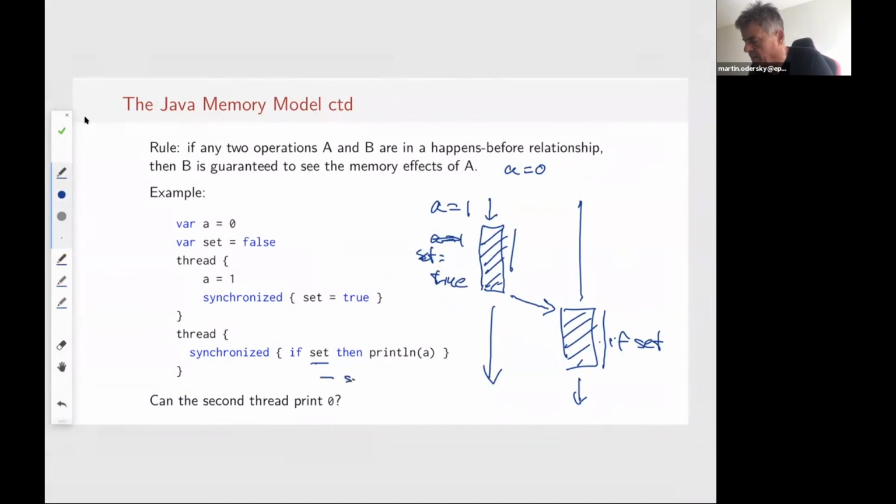Let's quickly go around and say, well, could the thread have seen set equals true without that first monitor going in the synchronized? And the answer is no, it can't see that because initially set is false, so that happens now before, and it can't see any other memory effect. So it must be false, unless we have the situation where the first thread goes into a synchronized block and the second thread goes into a synchronized block. So that shows you essentially some of the guarantees that the model provides.